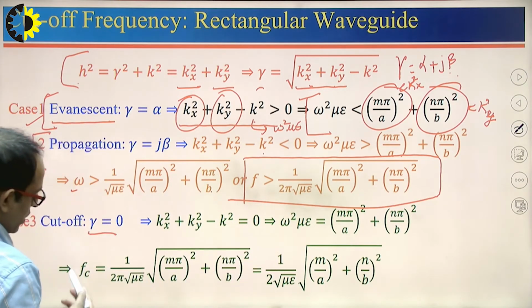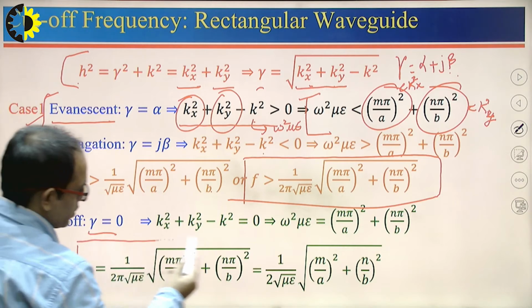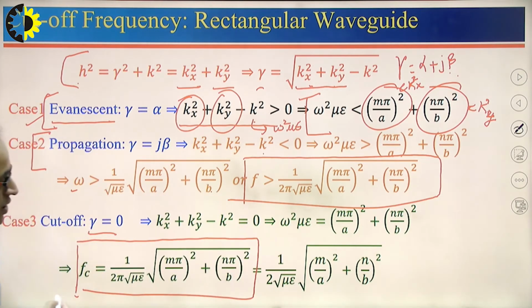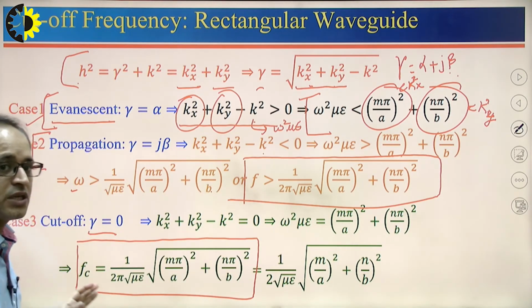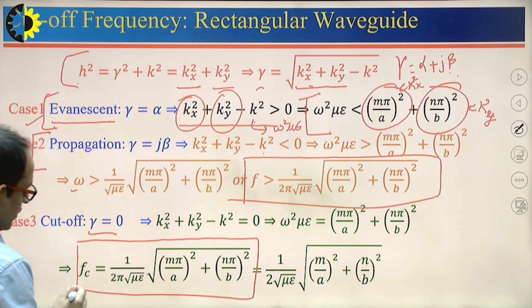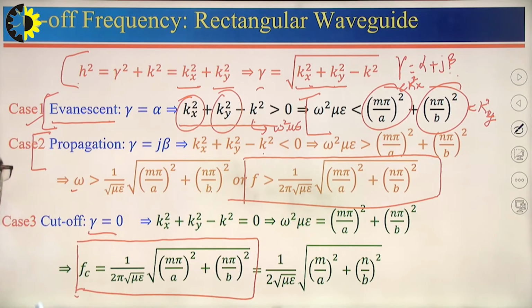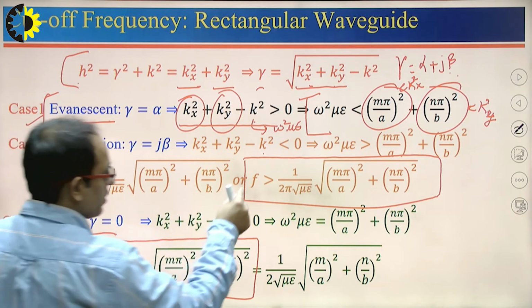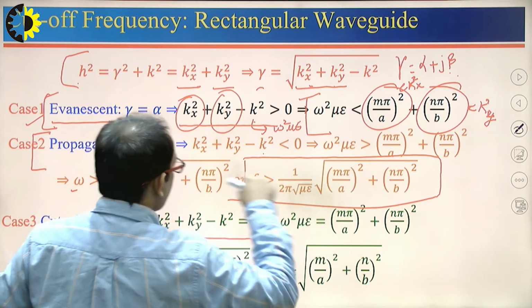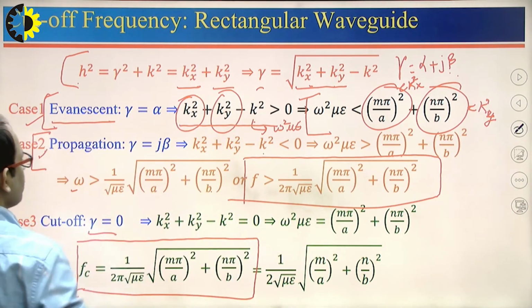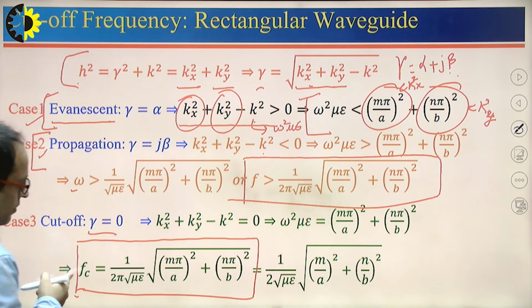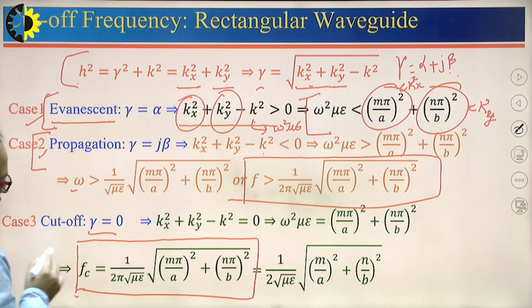That comes out to be the cutoff frequency, this one. So, this is the minimum frequency above which the wave will propagate, because above which this propagation will be there. So, this is the minimum cutoff frequency, and above this frequency